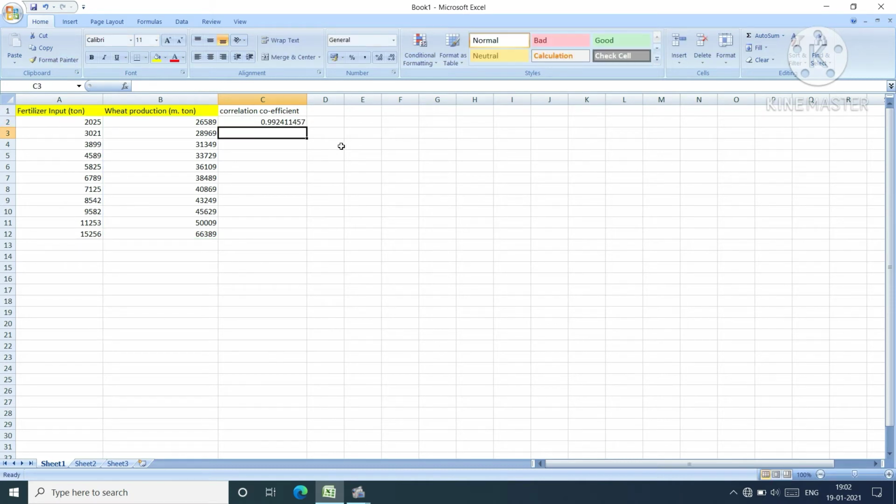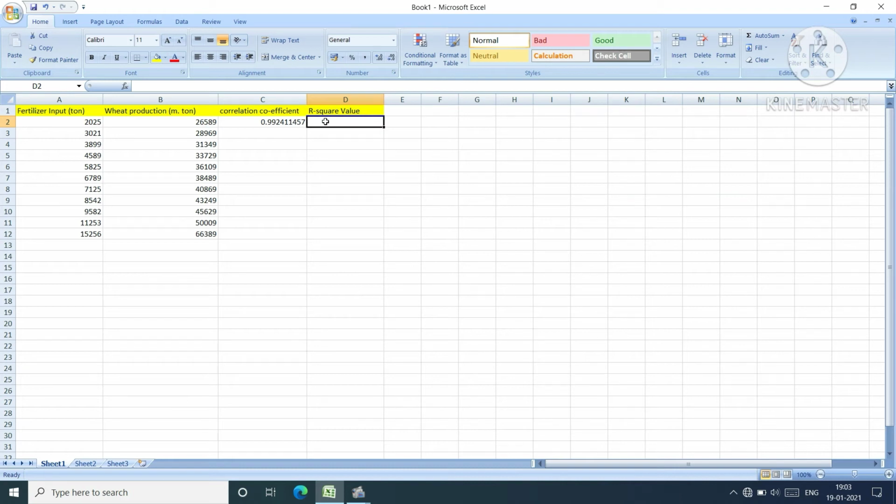Now we have the correlation coefficient, right? Then if I want to calculate the r square value, the correlation coefficient means r, and we denote it by the letter r. So the r square value will be calculated like this. So the formula is